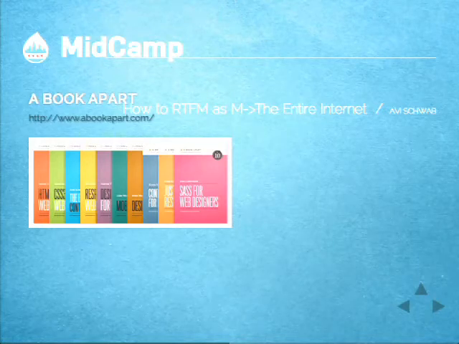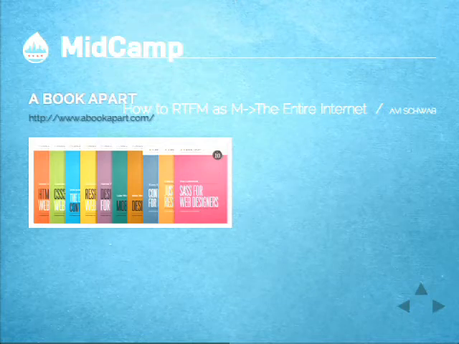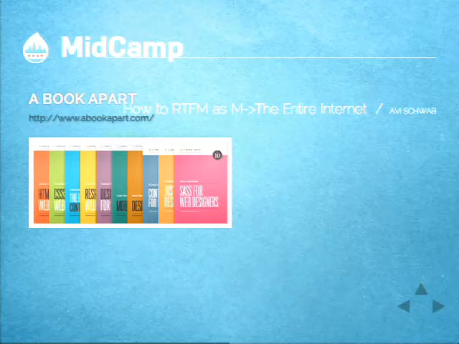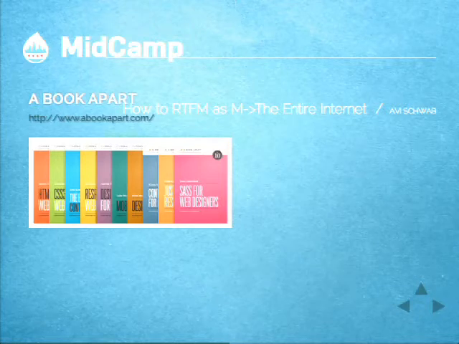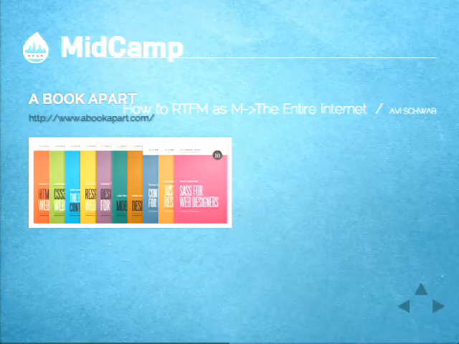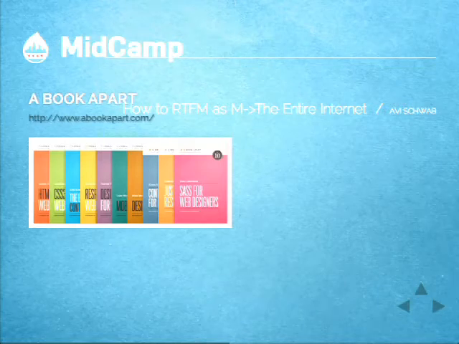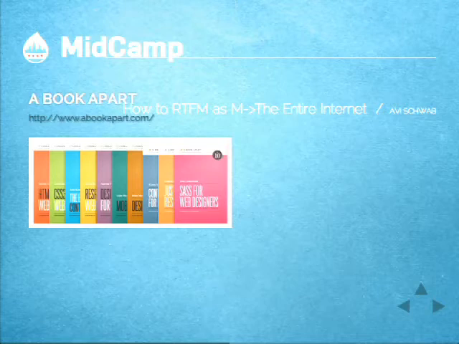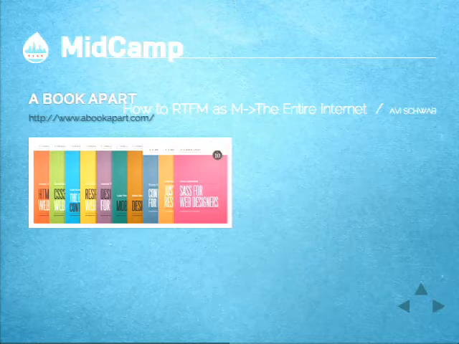Is it like a membership, you get all the books, or is it like you buy each book? You can buy them all together. They're releasing new ones all the time. I think they're 10 now. They're like $5 or $10 each, and I think you can buy the whole set for $100 or so. They're ebooks too, but the paper books are pretty and nice, and they're really cool. Like I said, these are literally the people who wrote the book on these subjects. Responsive design is Ethan Marcotte.